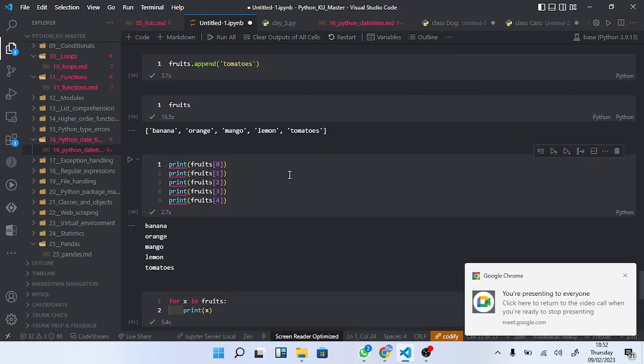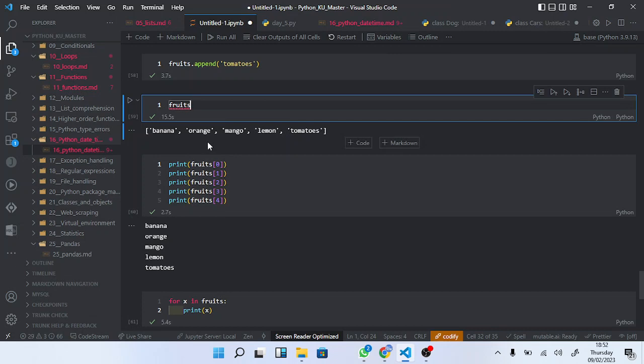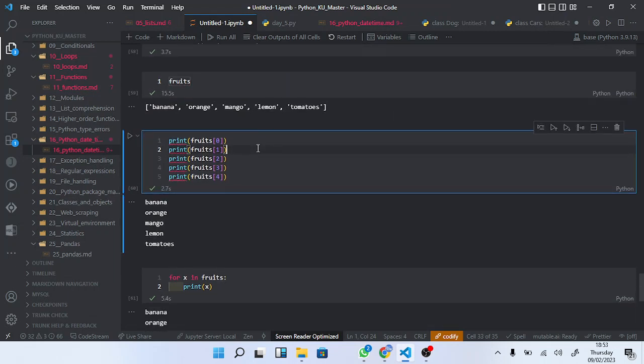I'm saying when you have more than one element. So for example, in this case, we have 5 elements. We have created a list. The name of our list is fruits. And inside fruits, we have 5 elements: banana, orange, mango, lemon, and tomatoes. So what if someone asks you now, print out all my elements in the fruit list? What you do manually is you print those elements using the print function, and you access those elements using